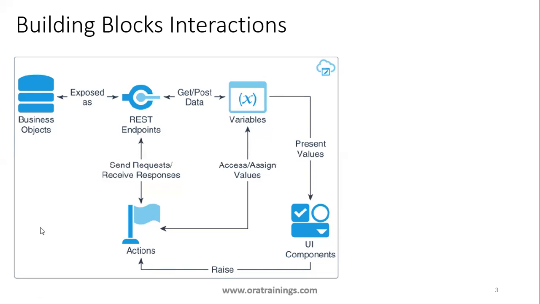Whenever you raise any event, that will be handled by the action. That action will have a set of action chains, or a set of events. Whenever you raise an event, that will be taken care of by the action chain functionality. You raise an event, that event is captured by the action chain, and in the action chain you have to mention what you want to do when an event occurs. Whether you want to open a new page, delete a record, navigate to a new page, raise an event, call any other validation, or call a PL SQL or a REST API service, all those things will be done with the actions.